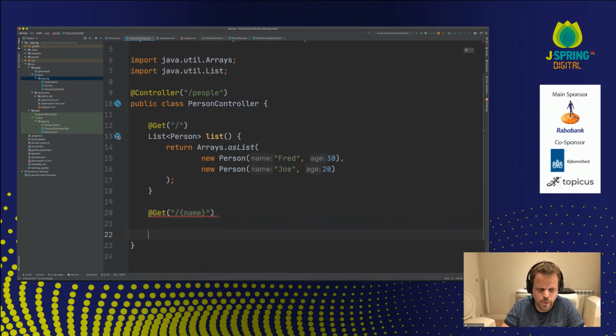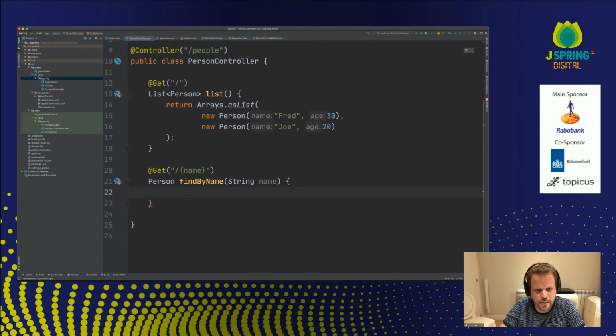I'm going to look up a particular person by name. That's like that. And for the moment, I'm just going to hardcode a response here. Not do anything too clever, so it's not really actually doing anything useful.